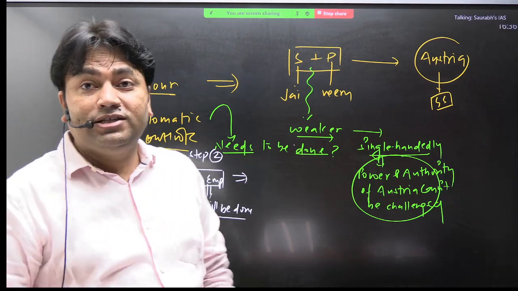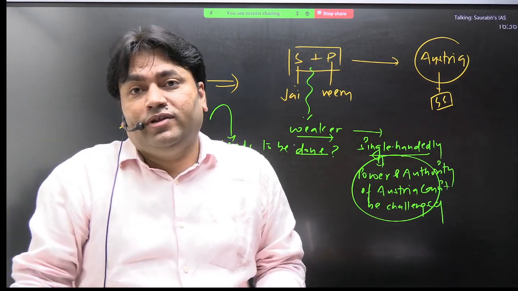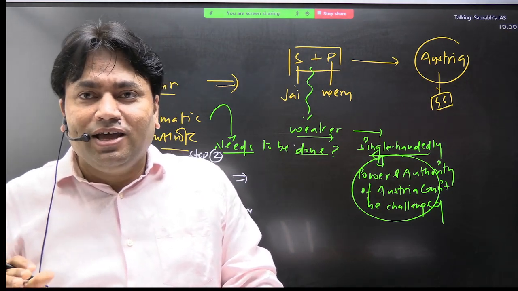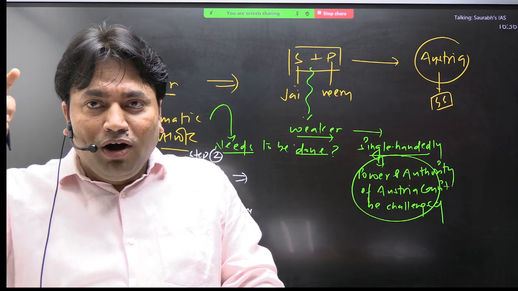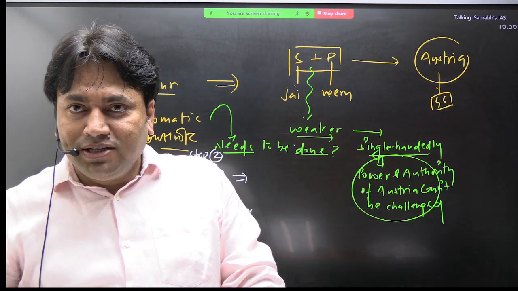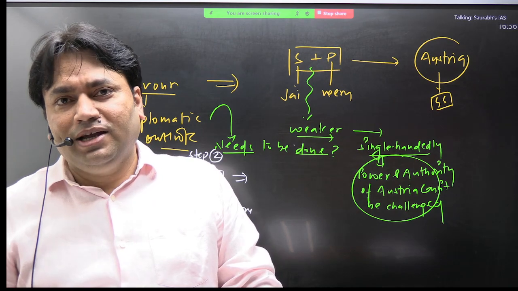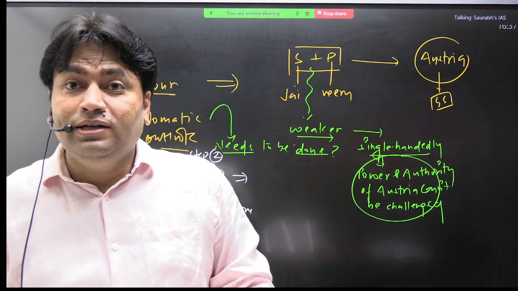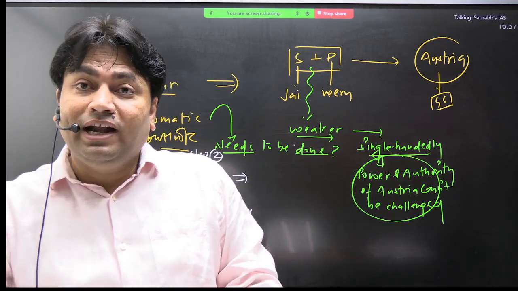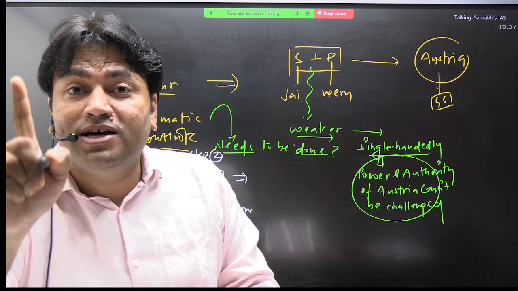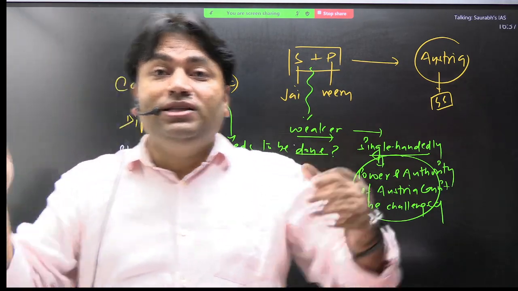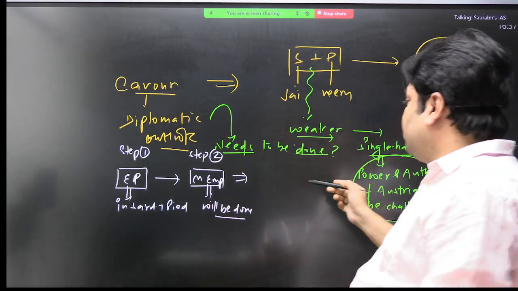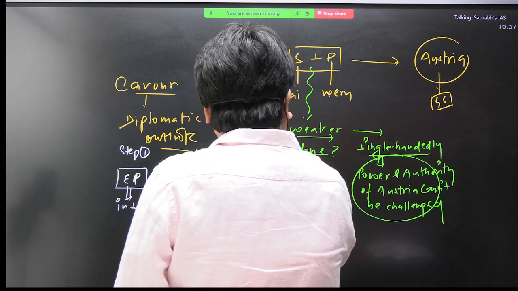And then Cavour says that even then we will not be able to fight with Austria. इसके बाद भी ऑस्ट्रिया से नहीं लड़ पाएंगे. इसके बाद क्या चाहिए? The support of other foreign powers in this process. मेरी बात समझ गया? पहले पैसा रुपया कमाओ, अपने आप को पावरफुल बनाओ, then diplomatic help and support, active military help and support of the major European powers. उसके बाद जब हमें हेल्प और सपोर्ट मिलेगी, then we will be able to do this. So now the step number 3, write this.